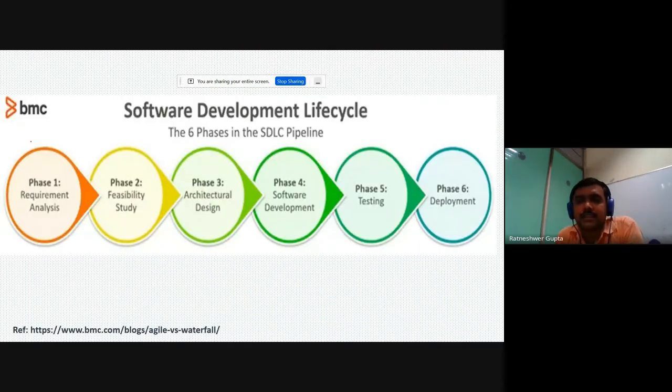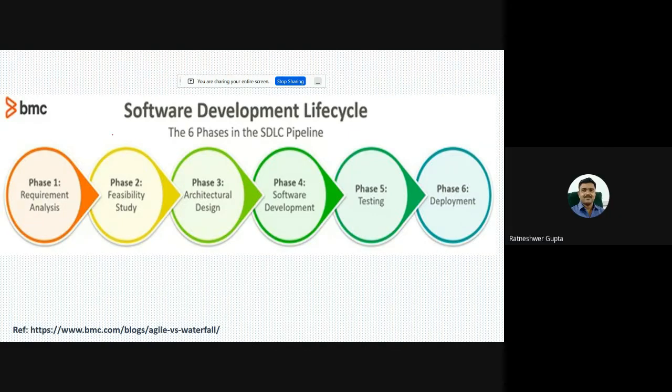When we say architecture, I especially talk about the software architecture, since I am in the computer science field, so my emphasis is on software architecture. Now the first question is why we require simulation techniques at the architecture level. If we talk about the software development life cycle, we have the requirement analysis phase, then the feasibility study, then the architectural design, then software components, software development and testing.